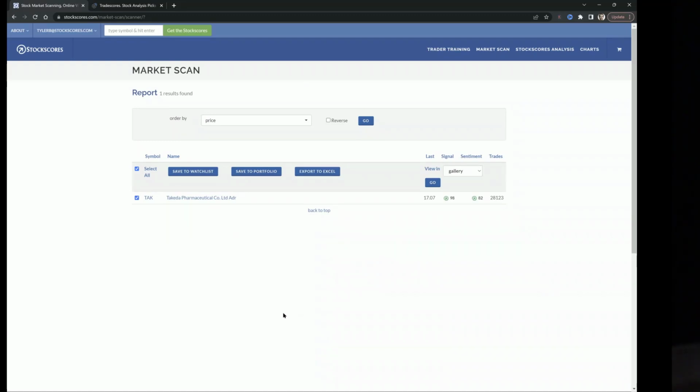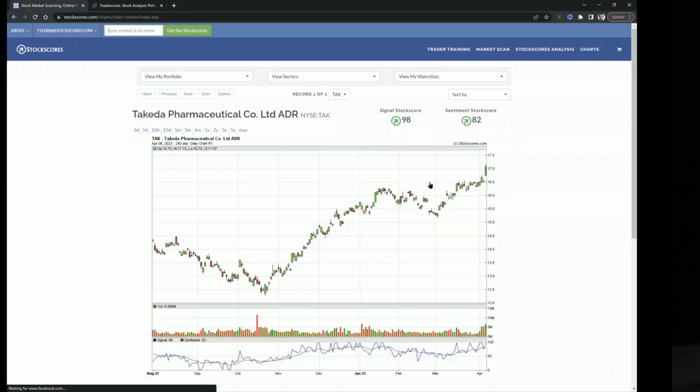Maybe my things were too tight, too constrained. But then once I've done that, I can view the chart of those and see it all there. So here I can see TAK had an abnormal day to the upside today, abnormal volume, abnormal price. It's not really the kind of stock I'd want to buy here because it's been going up for a while already. It's a good stock to hold, but I'm not interested in buying it here. But that's how the scan works. So that's building your own scan.